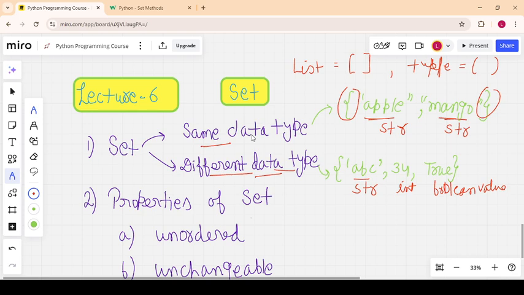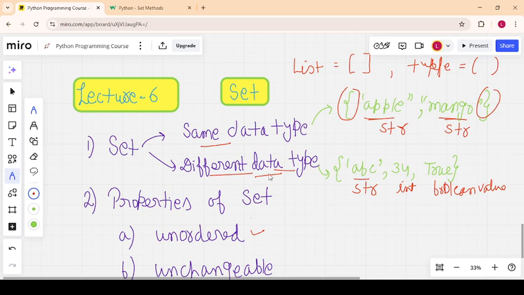If I discuss the major properties of a set, first, it is unordered. Unordered means if I create a set and provide an order, the order will not remain the same. It means the element order will change. Suppose I make a set with apple and mango.